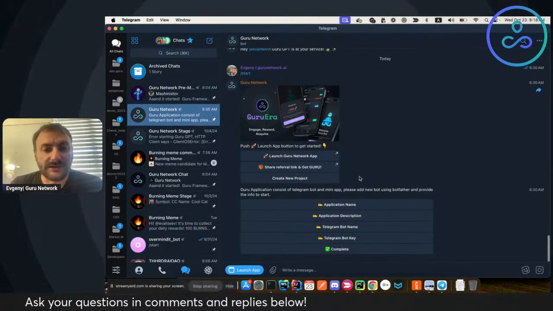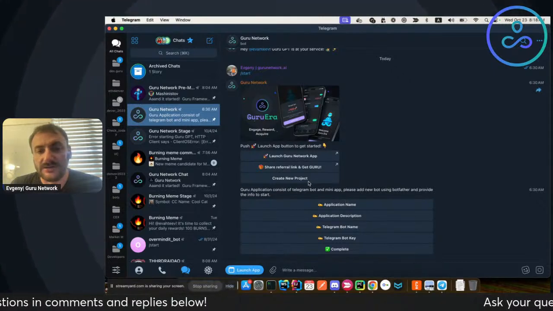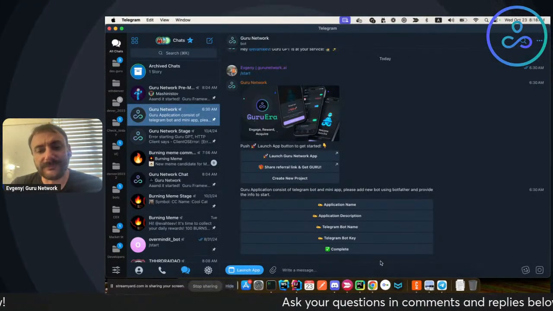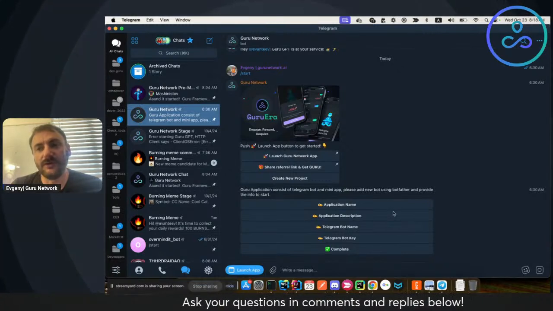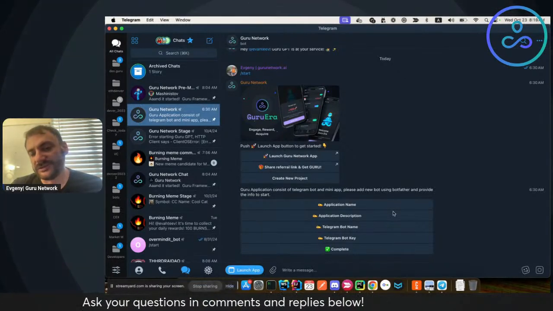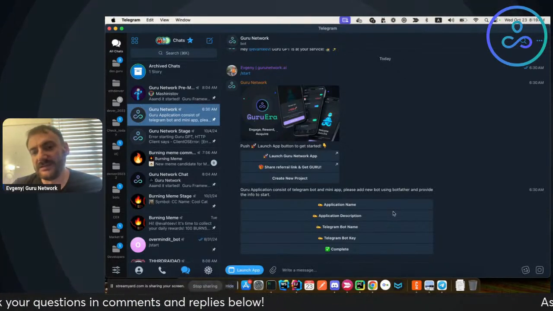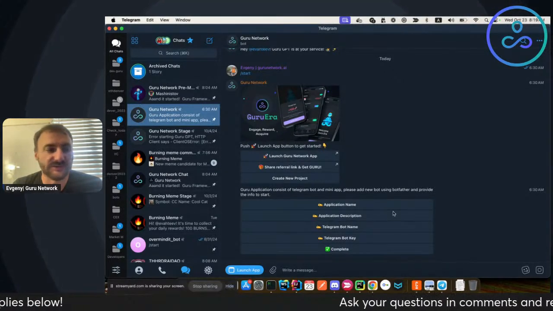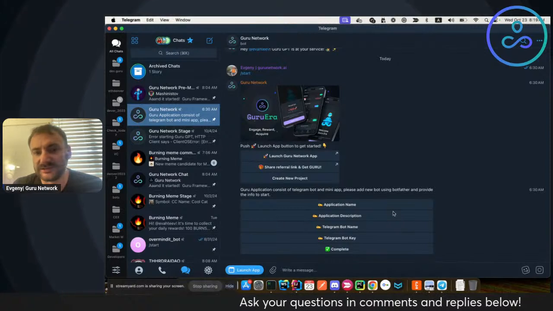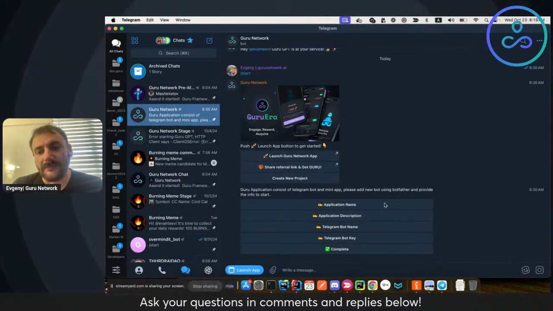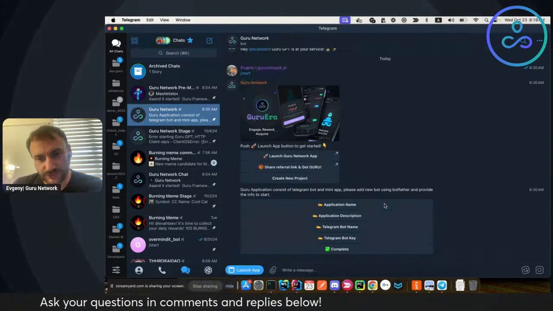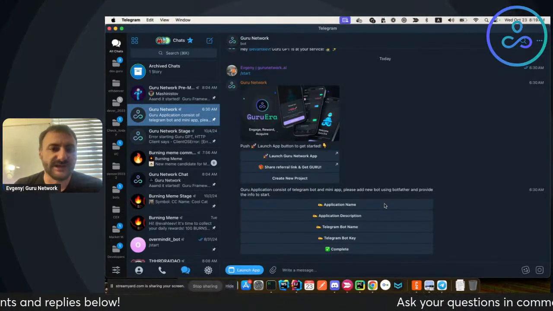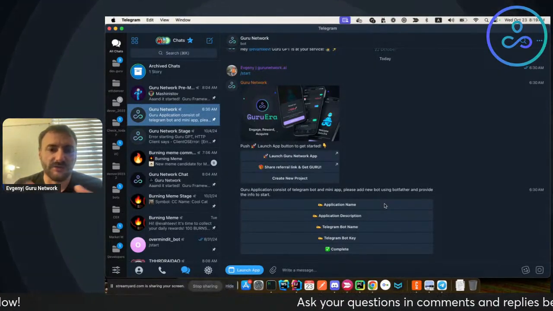Again, to start, we added this create new project wizard into the bot, and you fill it in. We have most of the steps already automated behind it, but there are some steps which our DevOps team is still working on automating. For example, assigning of DNS names and some other stuff. So in future, we envision it as a self-service, same as a Telegram bot, right?